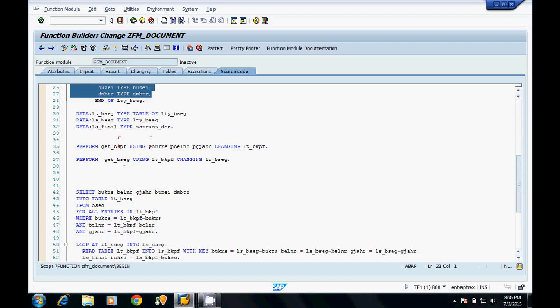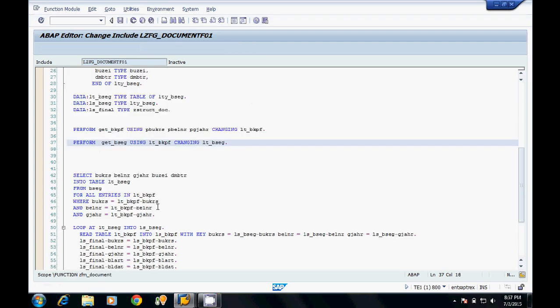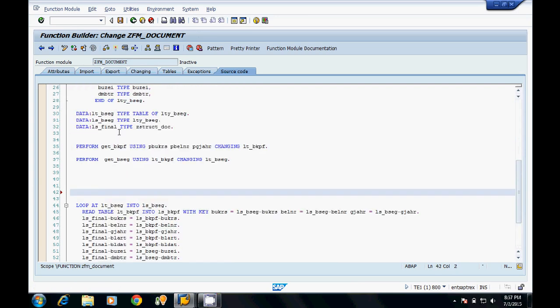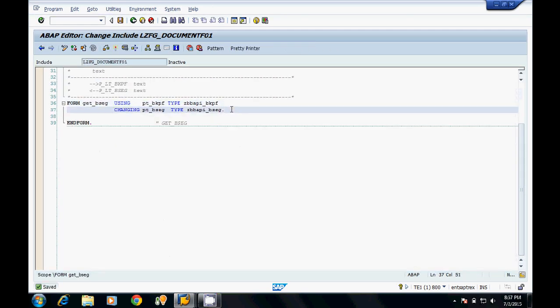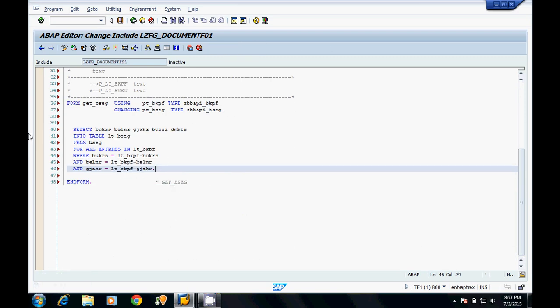Now we will use this table type inside the perform. Type ZBBAPI_BSEC. Now these 2 parameters are declared as internal tables. Now we will go back. We will cut this logic and paste it inside the perform, or inside the subroutine. Now we will store this.